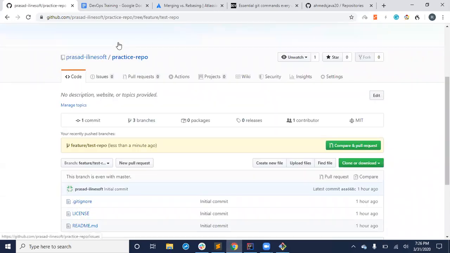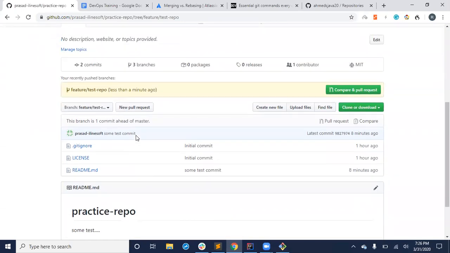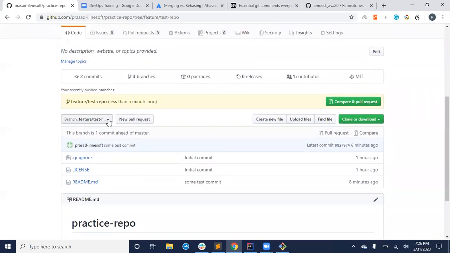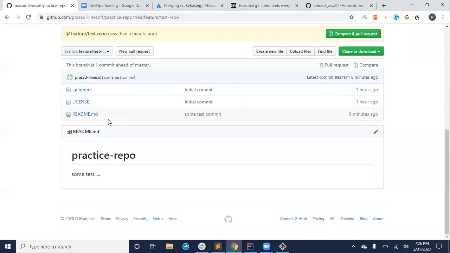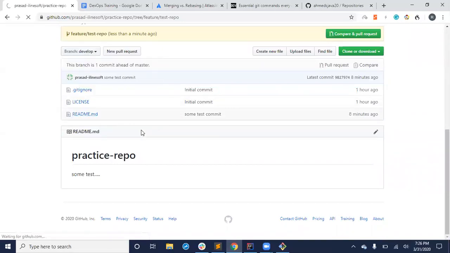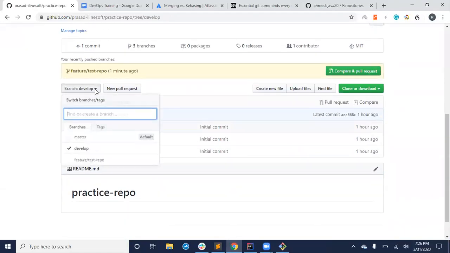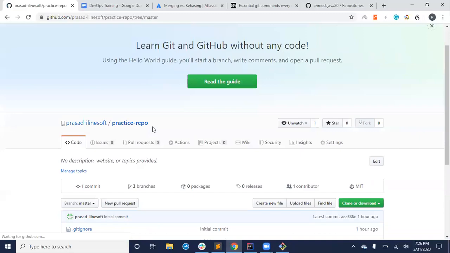See, it already shows that you pushed. The change I made is coming as some test, and GitHub says this branch has some change. Let's check whether it is there. Master, nothing. Develop, nothing.